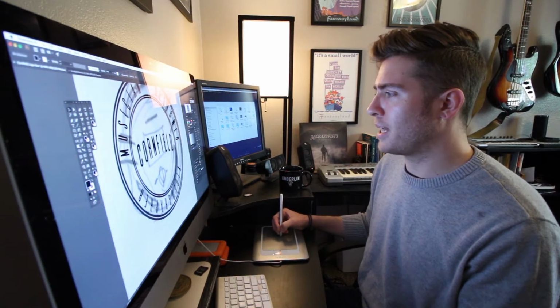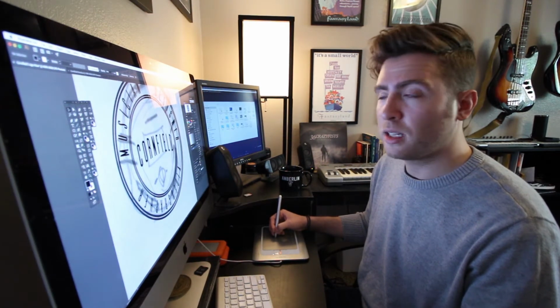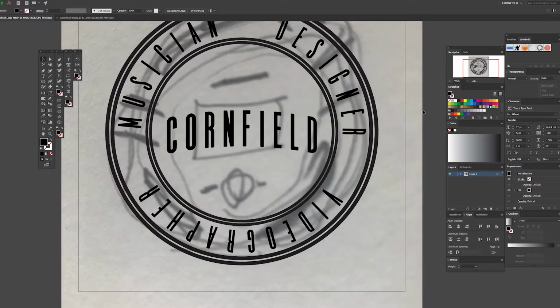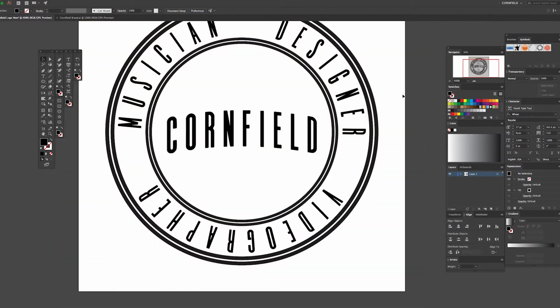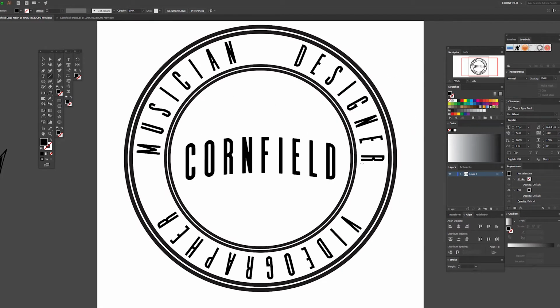Now the back layer is kind of annoying me, and I kind of just want to go off of what I'm feeling. So I'm just gonna unlock it by hitting Alt Command 2 and just deleting that. So now you can see it's a little cleaner. It's definitely feeling something. What we're gonna do is we're gonna hit the line tool,